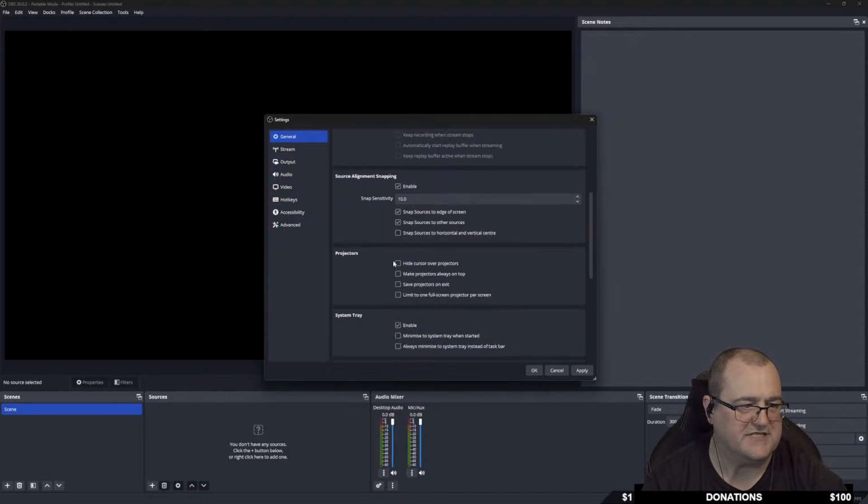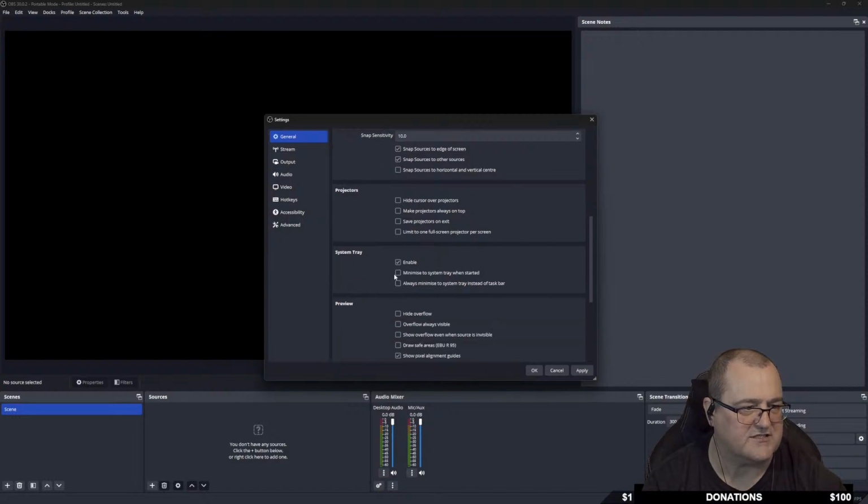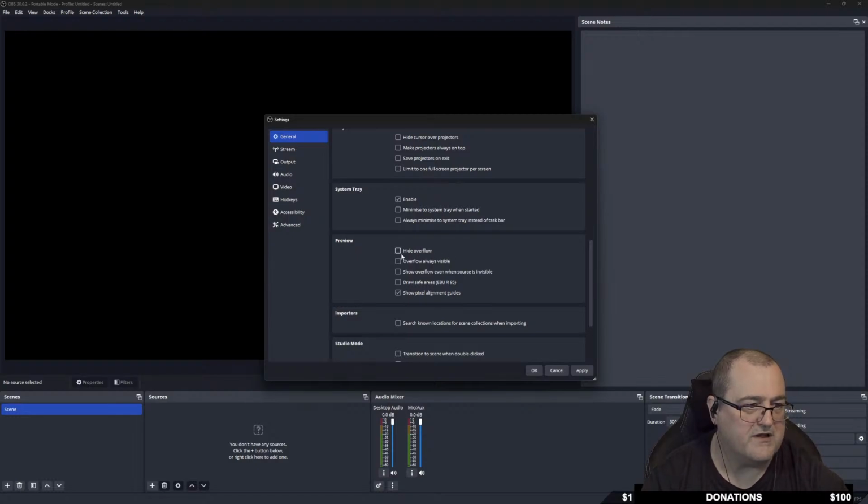Projectors, we're not using projectors, so we can leave them. System tray, this is all about taking your OBS down into your system tray. If you're like me and you want your chat up on here as well, you will want this open. You won't want it in your system tray. Preview,